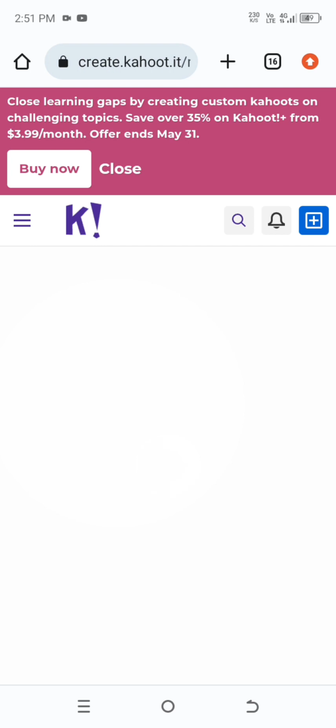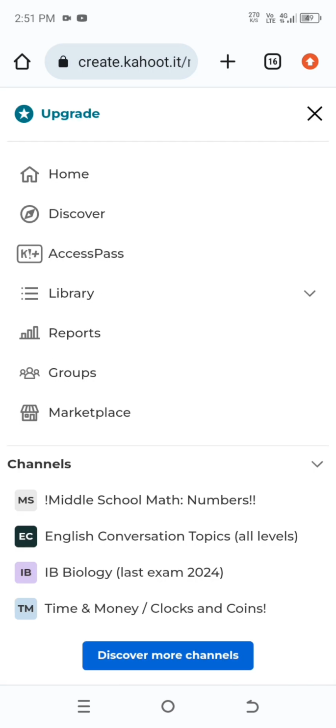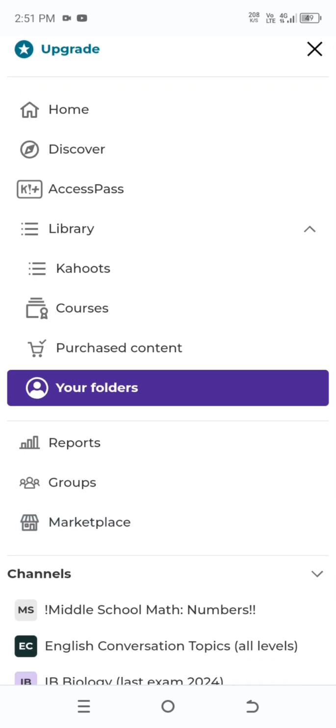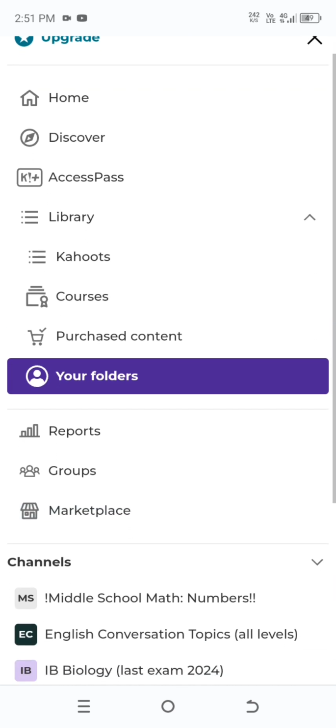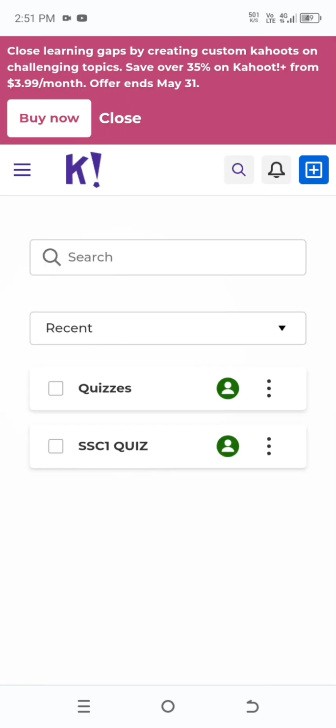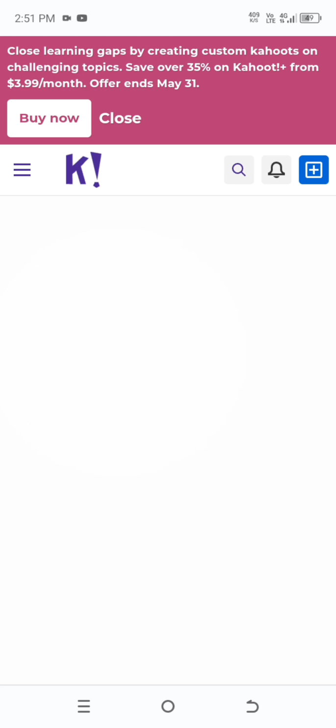And if you want to see your created quizzes, then click the three lines at the left side of the corner, and then tap the your folders. Then open your works, and then after that,